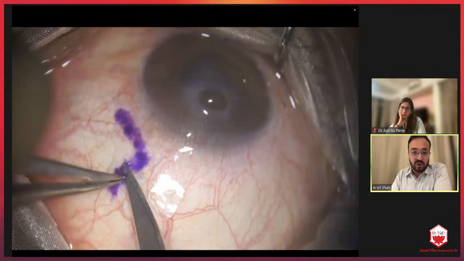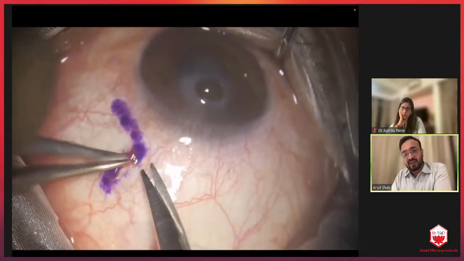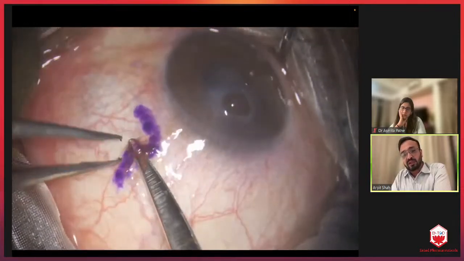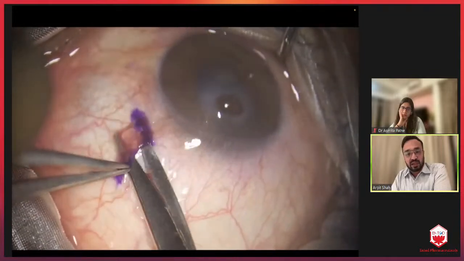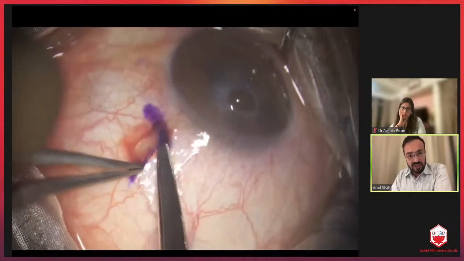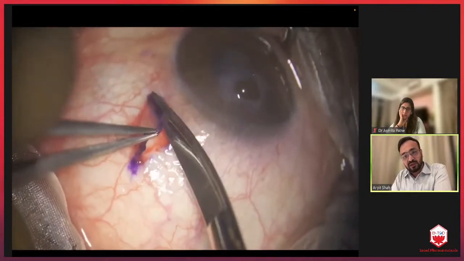So I'm sharing a small video where we can see around a 3 mm corneal perforation. I am taking the Tenon's graft out here. It is better to mark the area and cut it accordingly.